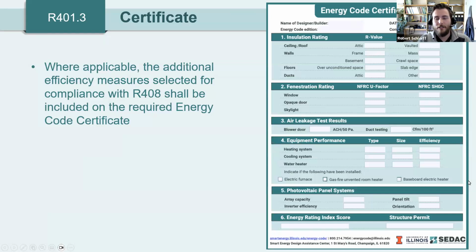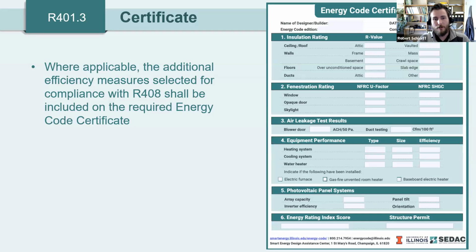So the certificate, just to touch on this really quickly, if you're familiar with the updates to the 2021 IECC, an energy code certificate is required within that code to be posted somewhere in the building, and that certificate contains information such as wall insulation, window performance, heating and cooling system types and sizes and efficiencies, all that sort of information. The certificate is helpful in the event in the future that a project needs to be done at the building. We have a record of what was there before.